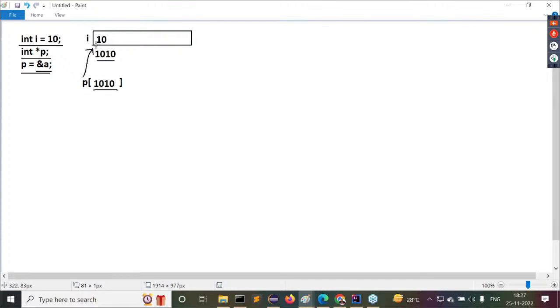Here the data structure may be a variable. A variable is storing the address location of the data, so that variable is called what? Pointer variable. All of you are getting clarity on this point now?